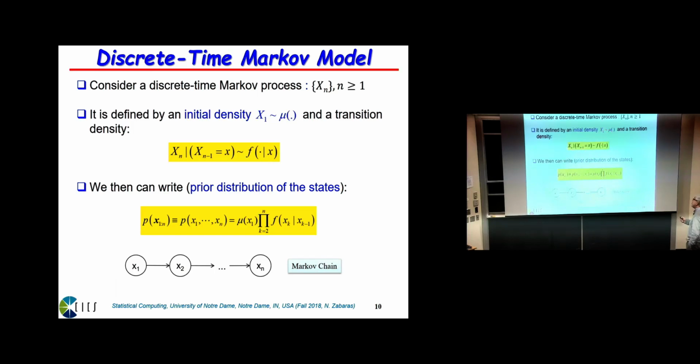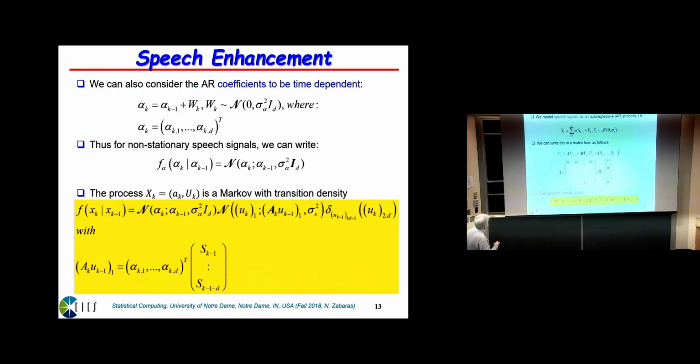You start from some probability distribution, that's your initial state, and then given x_{n-1}, you have a probability to sample what x_n is going to be. And there's only dependence on x_{n-1}, so the prior model looks the way that you see it here. Again, this is a very powerful model. It's applied everywhere, from biology to ecology to robotics to navigation to whatever problem you tell me. I can make things look like this